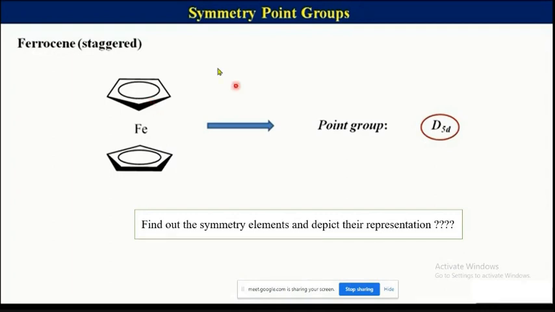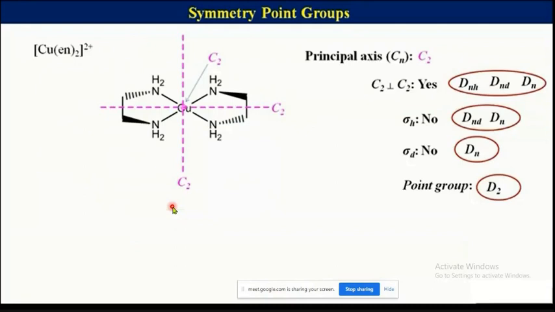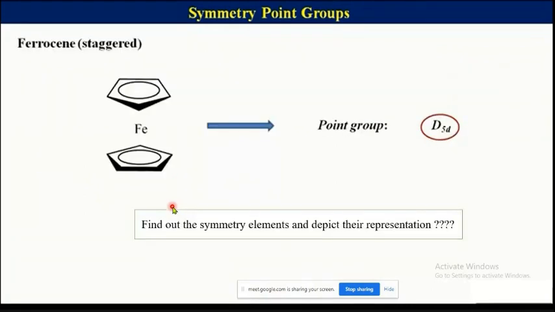So you might be knowing the ferrocene exists in two forms. One is called staggered and another is called eclipsed. And the beauty is that the staggered and eclipsed both have a different point group. That is another prominent feature associated with ferrocene. And depending upon this point group, so many other properties are also going to change. Anyway, that part we will not cover right now. First, we will focus on the ferrocene.